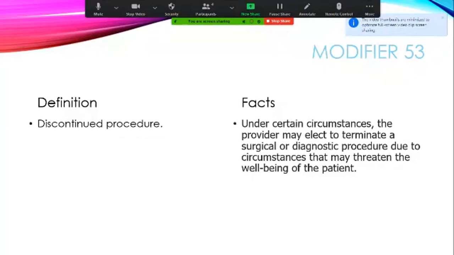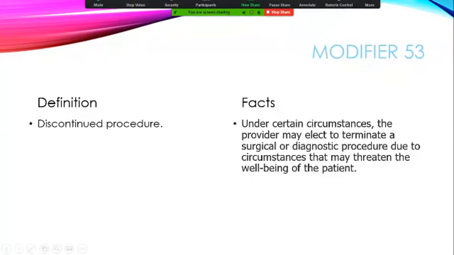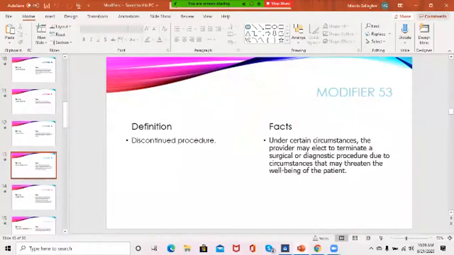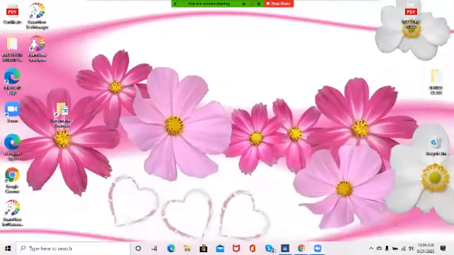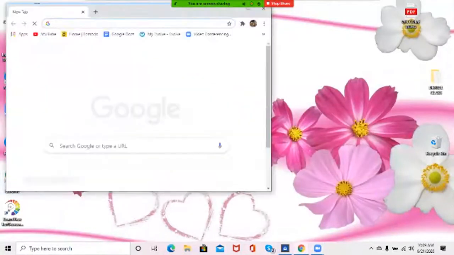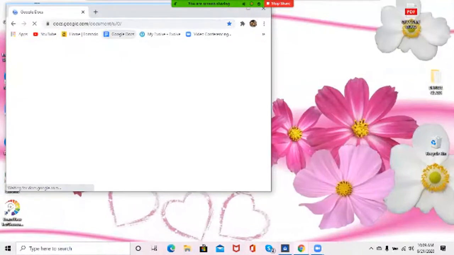So let's see if I can get there. Oh, I got to get out of Alexis's first. Well, y'all, I tell you, I'm usually a bit more prepared than this, but